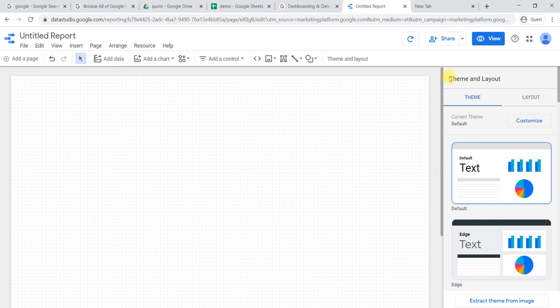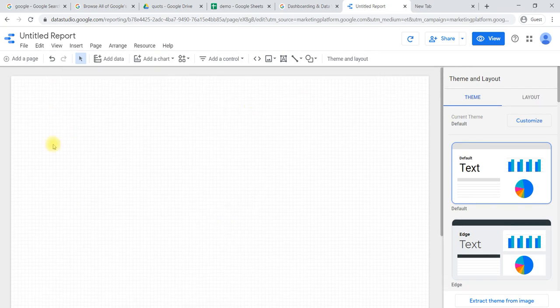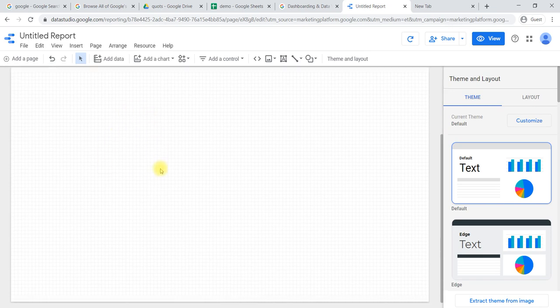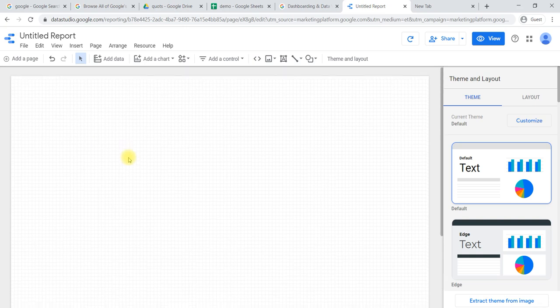And the third thing here is the themes, which are given here. And this is nothing but a work area where you are generating a report. This is the page where you are generating a report. These are the grids, it looks like a graph. On a graph you are drawing, it will work like that. And whenever you would like to check the preview of your report, we can select this view option.